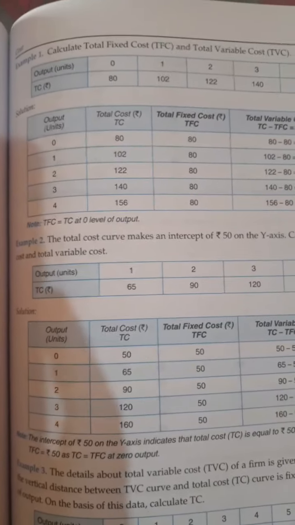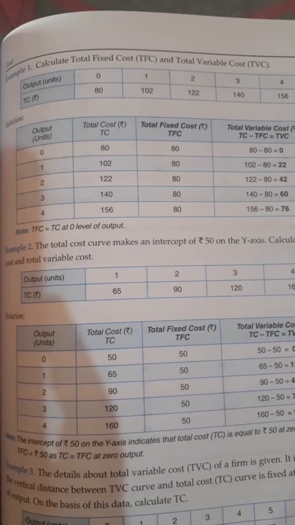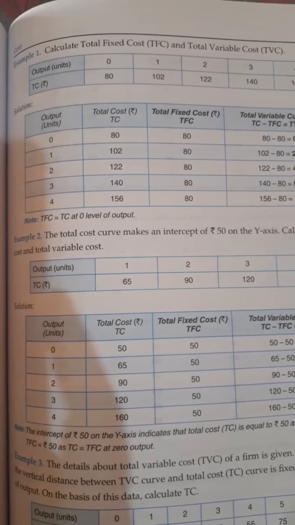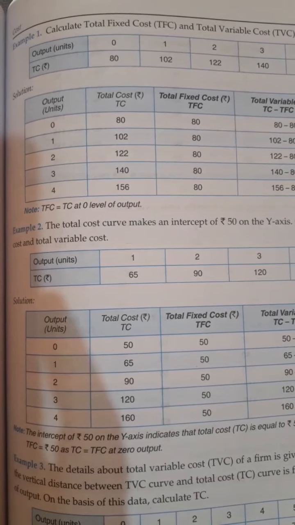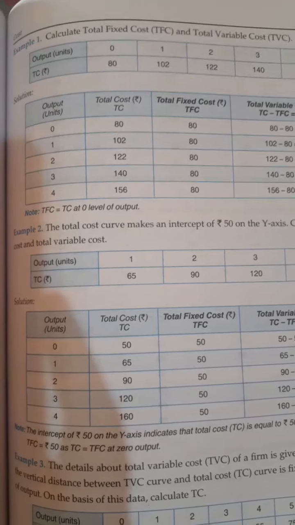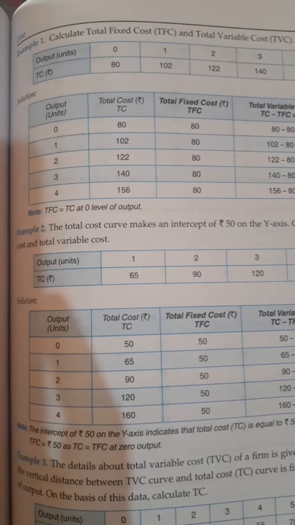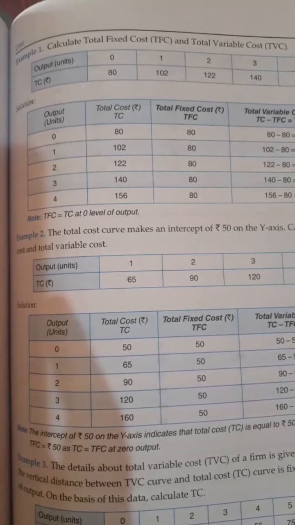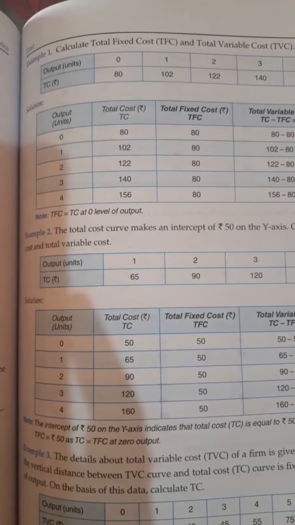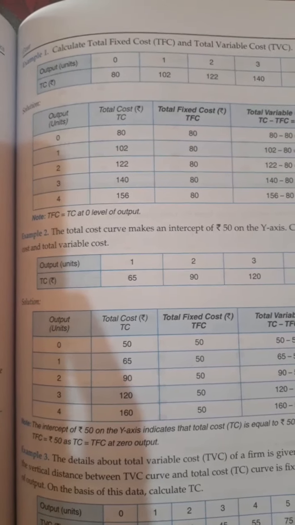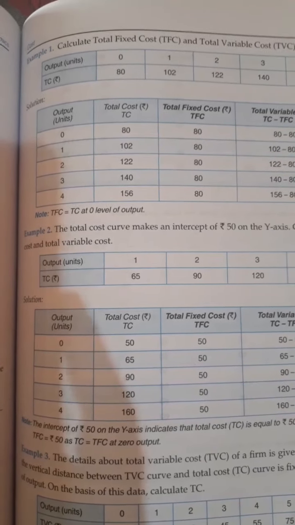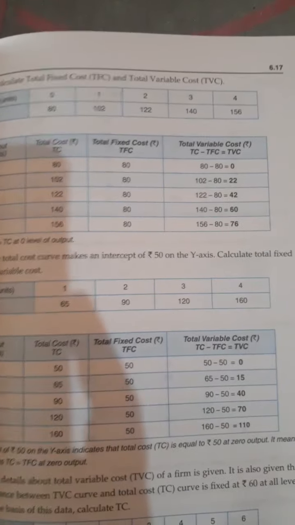Now here in the question it is given the intercept of rupees 50. It means the curve starts from rupees 50. So that 50 will be the cost at zero level of output. So at zero level also we have to include it, because we have to find the TFC. Since it is given as rupees 50, it will be TC. At zero level, whatever is the cost will be TFC, same as the previous question. So if you have got TFC and TC, put the values in the formula TC equals TFC plus TVC, and you will get TVC.